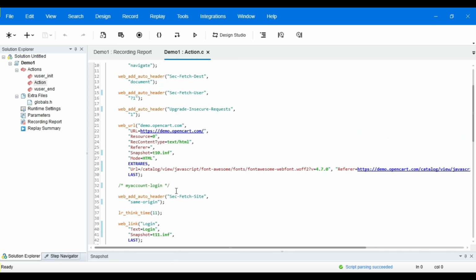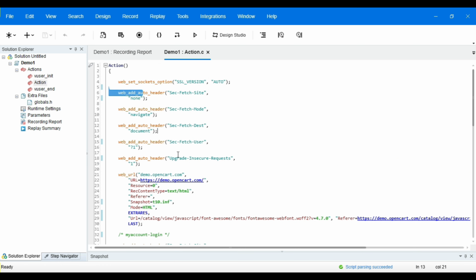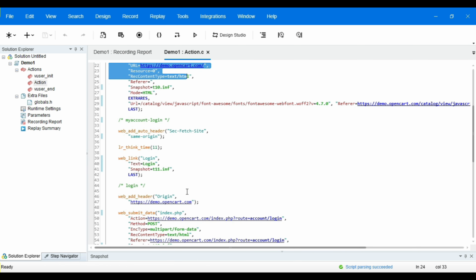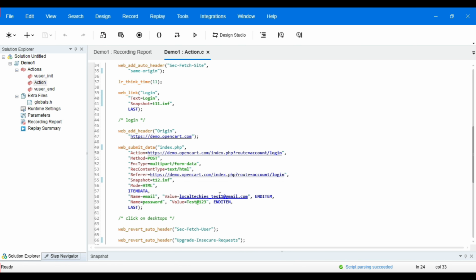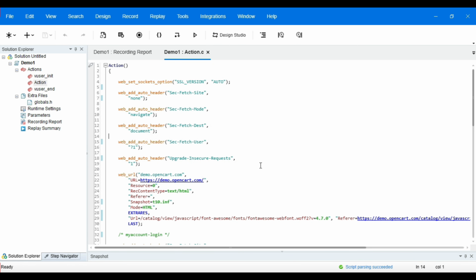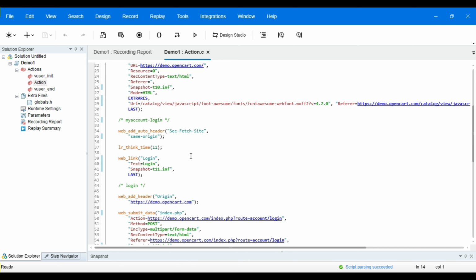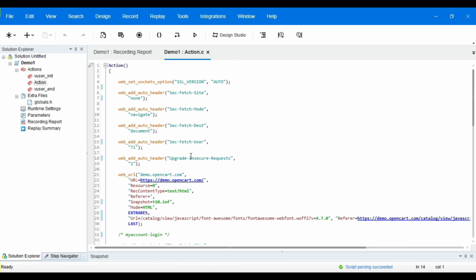Now all the URLs and all the info here in my script is pertaining to demo.opencart.com, that is the application we have recorded. So this is how you filter out the unwanted traffic, external ads or external server traffic from being recorded in your script.